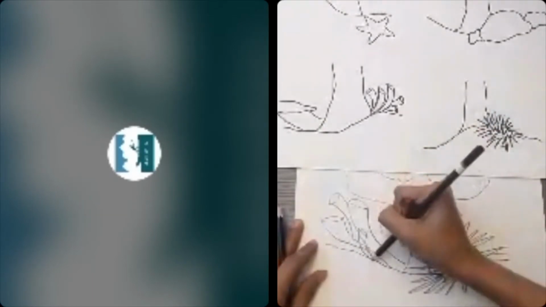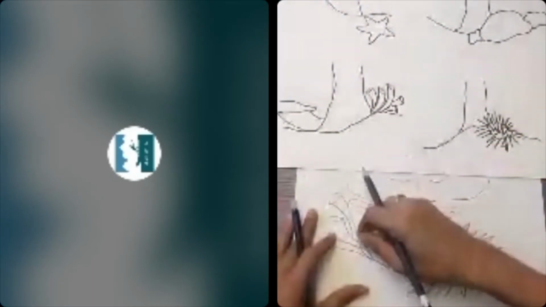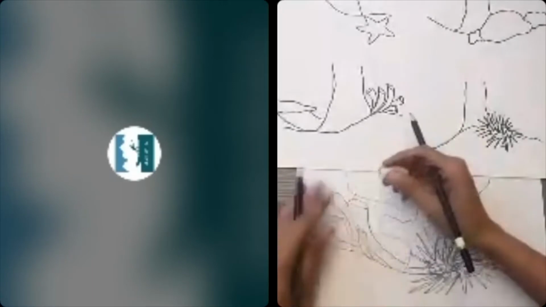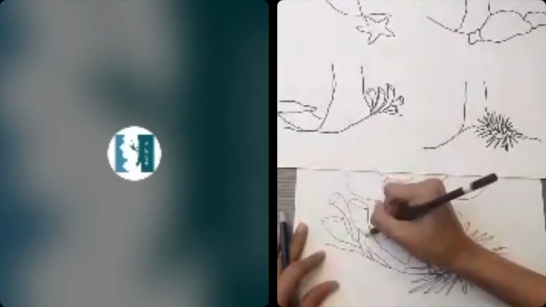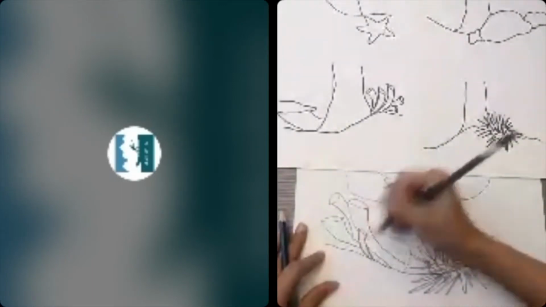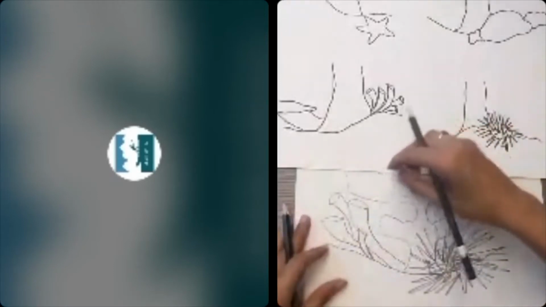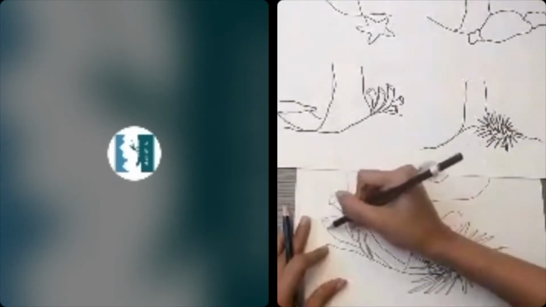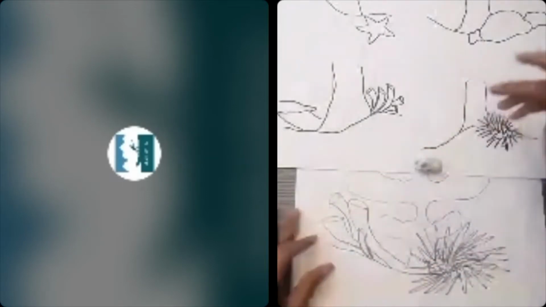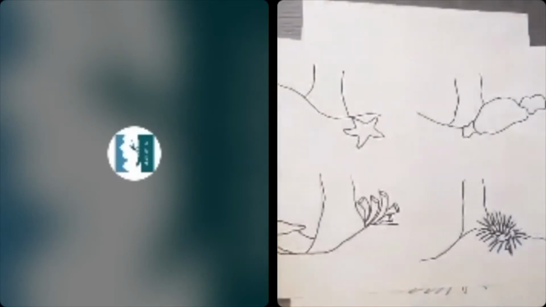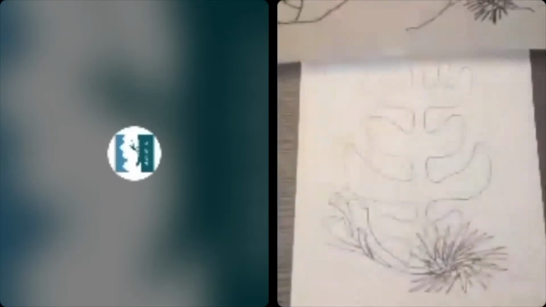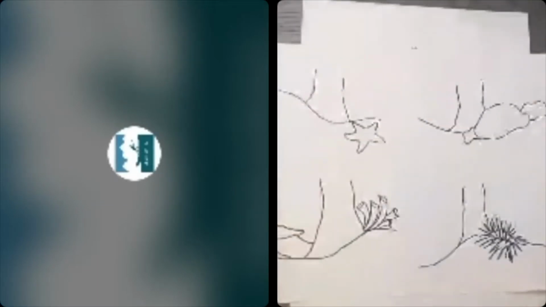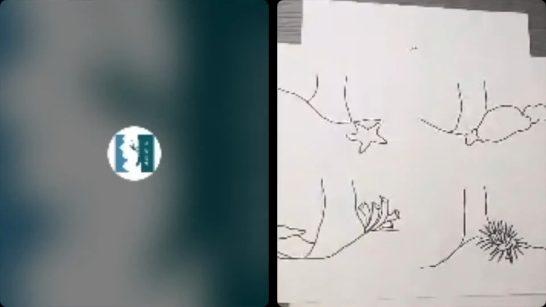Okay, so as you can see, you will need to erase a few lines here and there so that you see what's in front and what is behind. Okay, so that's our feature at the base of the coral. It just adds a little something to that cluster over there. Please let me know if you're done with this and if I can move on to the next step.